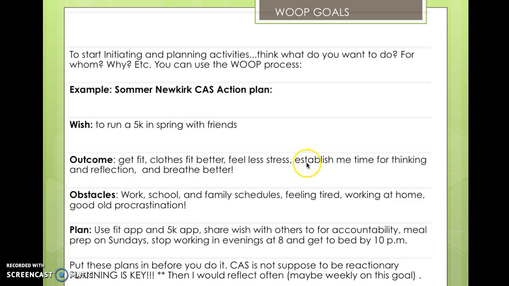All right, so then the next O in your WHOOP goals, you'll see here, is the obstacles. What are some of the obstacles that prevent me? This is really important. In American society, psychologists have come to an agreement that we spend a lot of time as Americans talking about our wishes and our outcomes and visualizing that, but we don't often think about what the obstacles to our goals are.